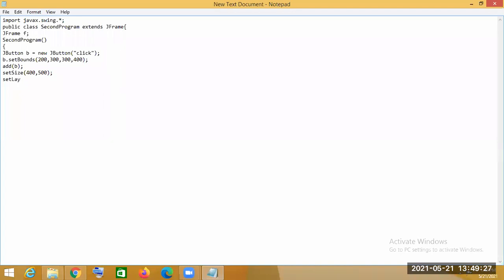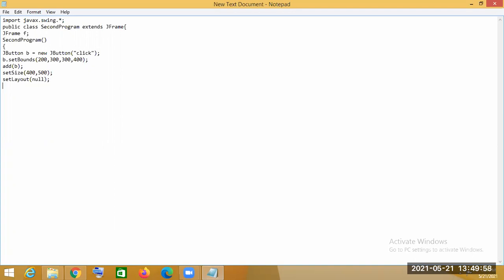And the default layout of Java is flow layout. So in setLayout, we are sending null.